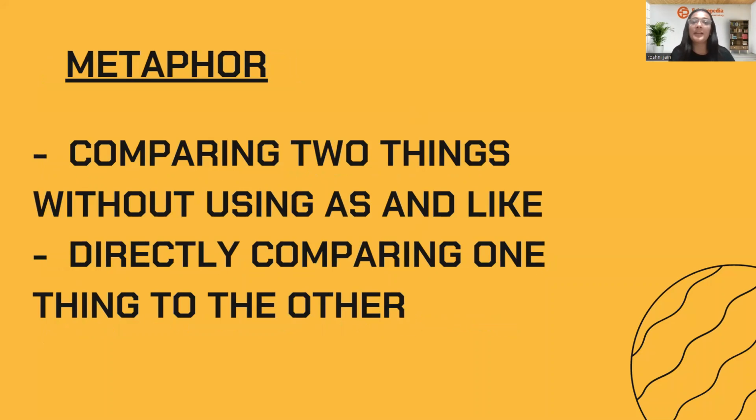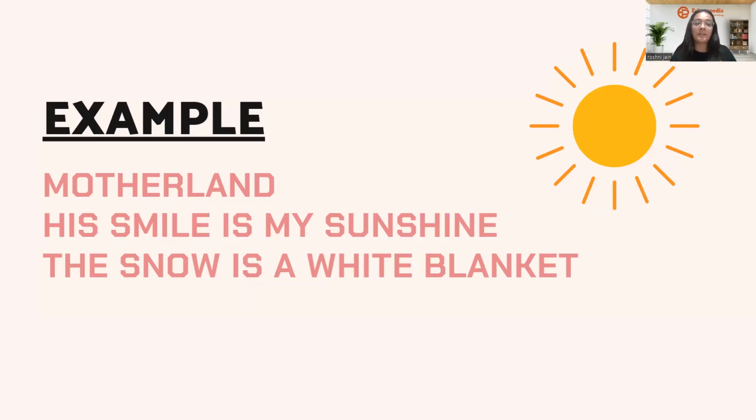Now, the next figurative language that has been used in this poem is metaphor. Now, what is metaphor? It is nothing but comparing two objects without using as and like. When you are comparing one object with another without using words like as and like, it is called metaphor. Let's explore some examples of metaphor. In the poem, we have used this word motherland, as in souls flocked onto the motherland. Here, the land has been compared with mother because it reflects purity and innocence, right?